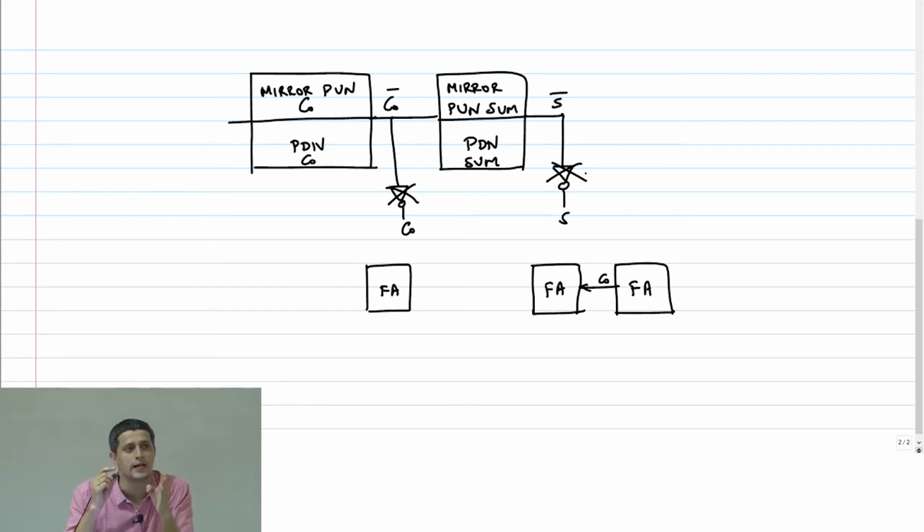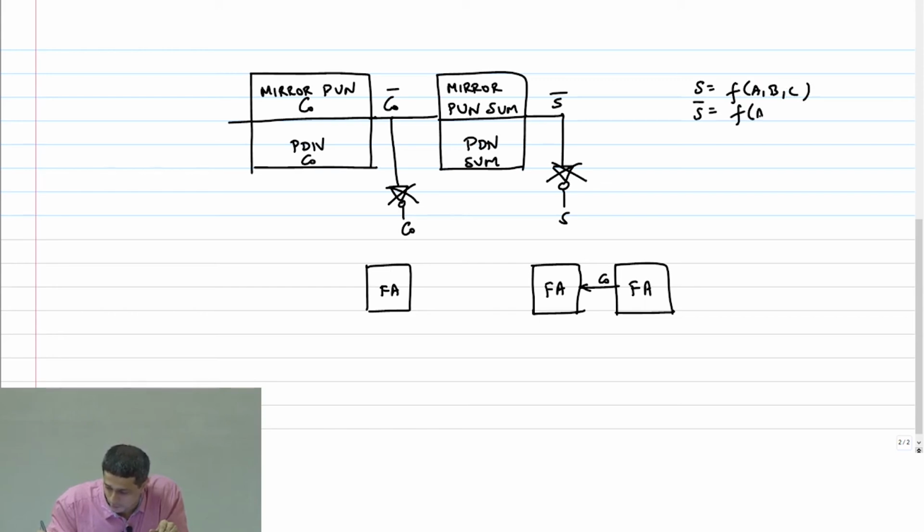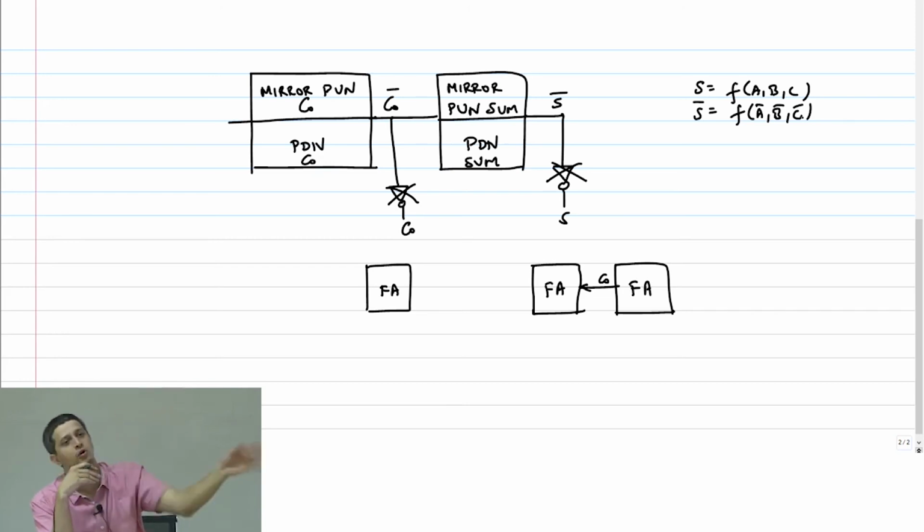You use the complement idea, in the sense we already know that the mirror property was used here, because if you complemented the inputs, the output of this full adder will also complement itself, right? So we said that S is equal to f of A, B, C. S bar is equal to basically f of A bar, B bar, C bar. That's why we could do this mirroring technique in the first place. So which means that if I want to give the complement inputs, all I have to do is complement all the inputs, then the output will also get complemented, no problem,